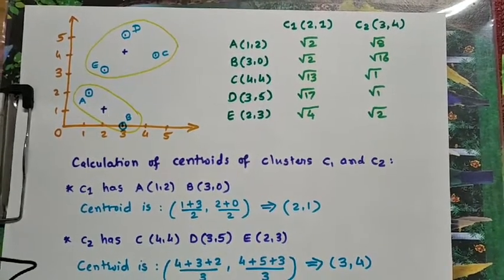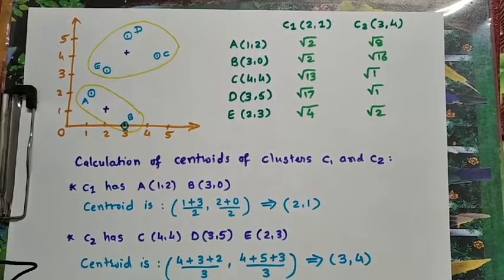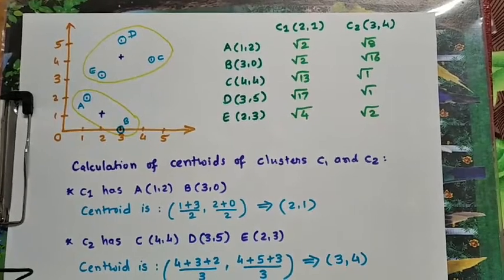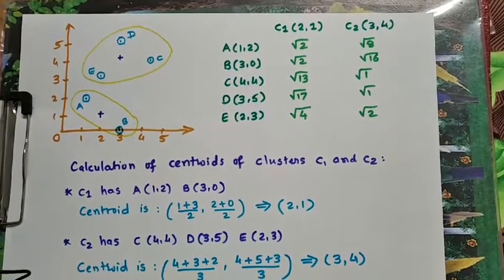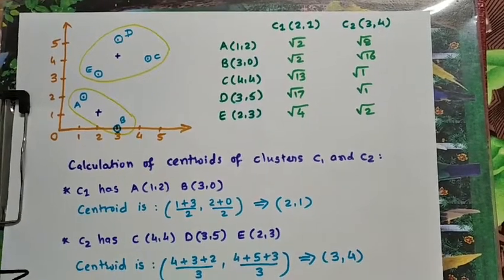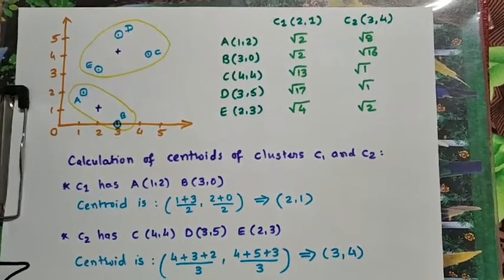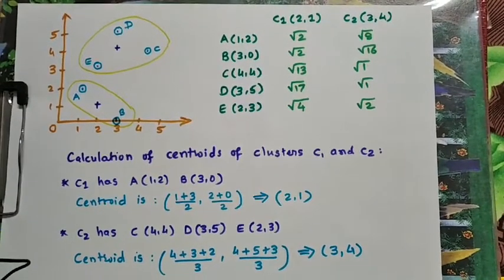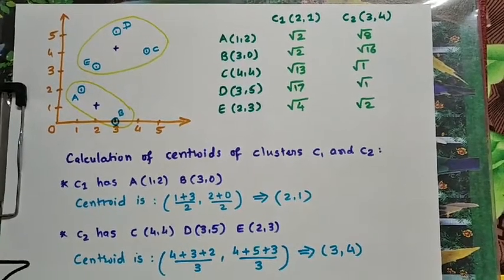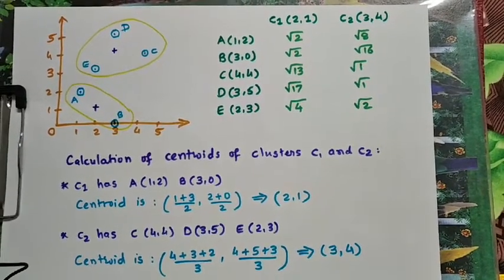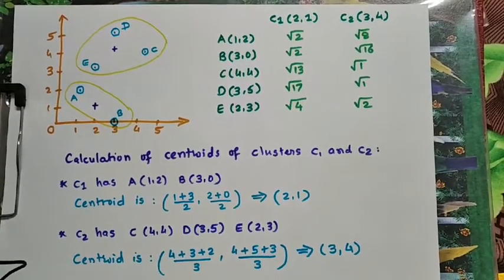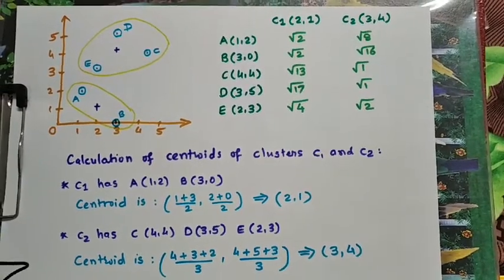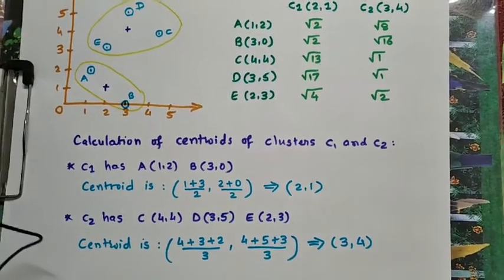So choosing a good value of K is sometimes a difficult task, right? There are some methods to choose an ideal value of K, like the elbow method and the silhouette method. You can use those methods to determine a good value of K to represent a set of clusters for your data. But K-means has this limitation, that if you do not know the number of clusters to be formed, then sometimes it does not give you the desired results, right? So I hope you understood. Okay, thank you.